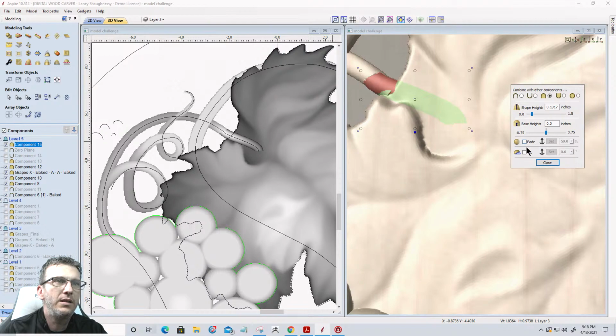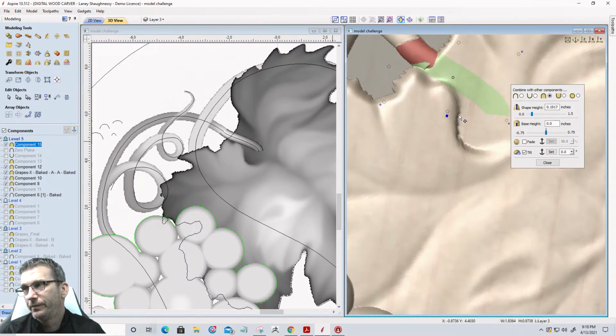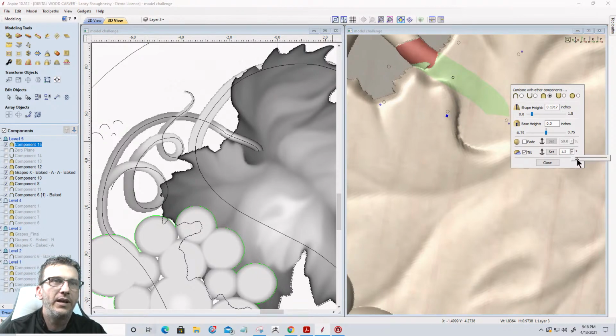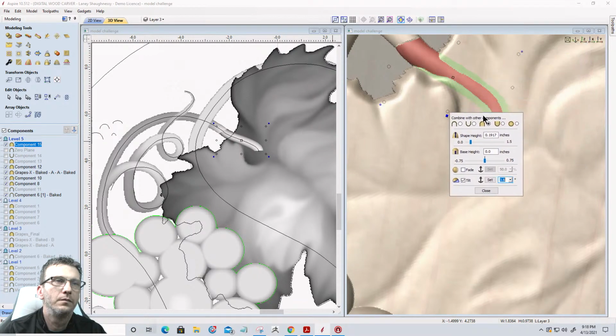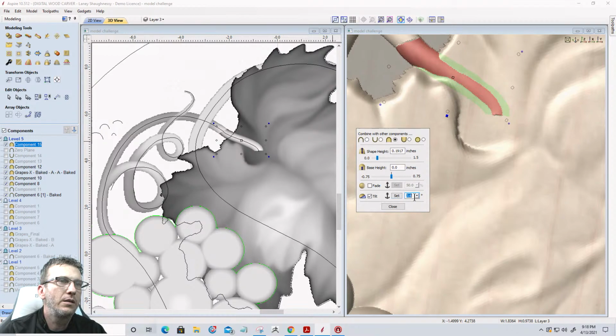Going to do a tilt. This is going to be the thin part of the wedge. This is going to be the thicker part of the wedge here. I'm going to tilt that up just a little bit. Let's go a little bit more. Okay, and then